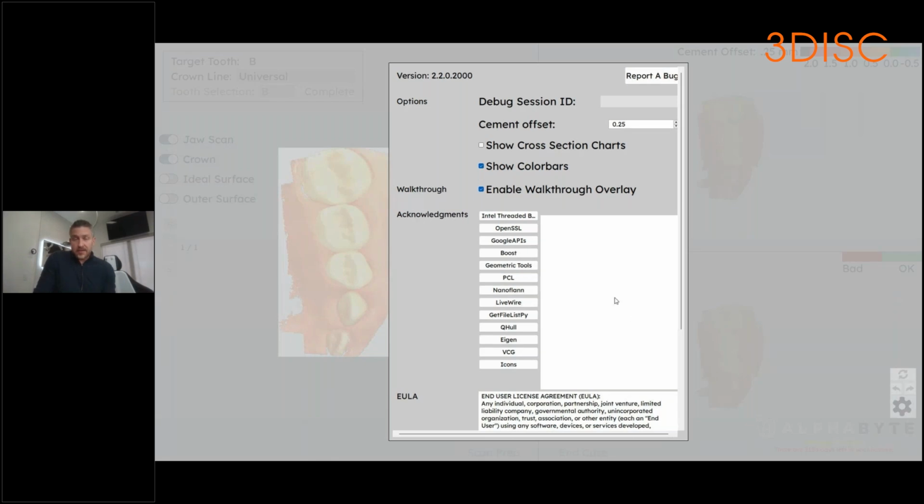However, having done this thousands of times myself, I still leave this as enabled when we talk about this walkthrough overlay or this wizard, because whether or not it takes 2 steps or 7 steps, it really saves me precious seconds and minutes on the back end just by leaving it enabled, especially if you run an efficient practice where a lot of things are delegated. A lot of this initial setup from the crown size pre-selection and the initial preoperative crown preparation guidance